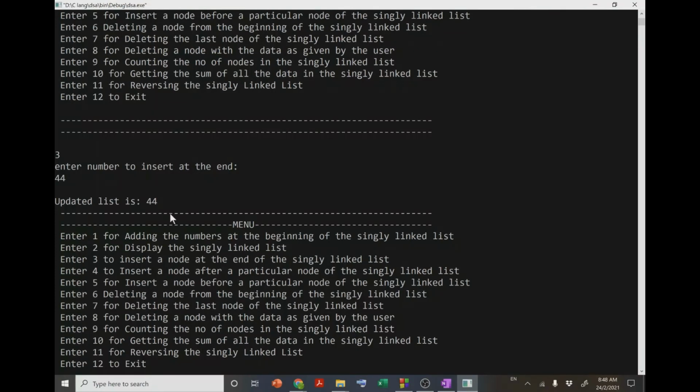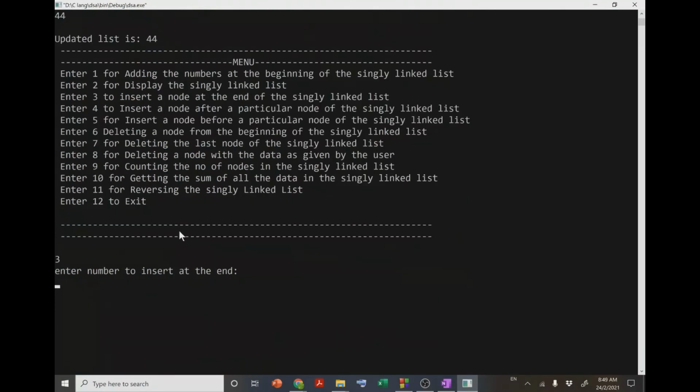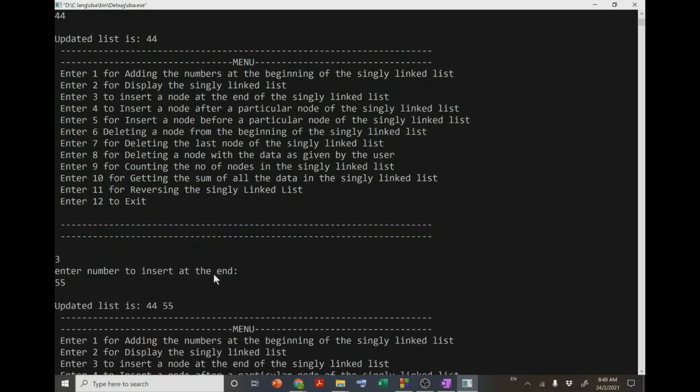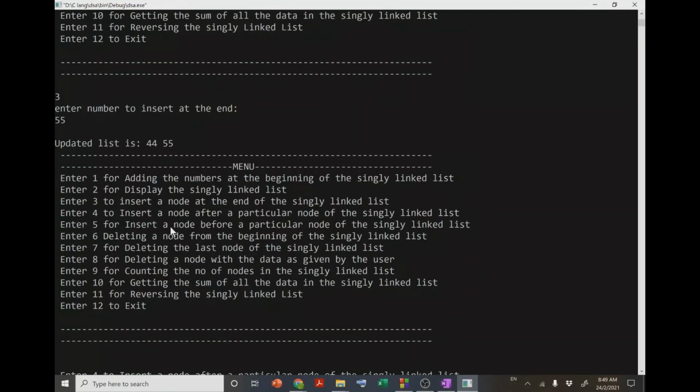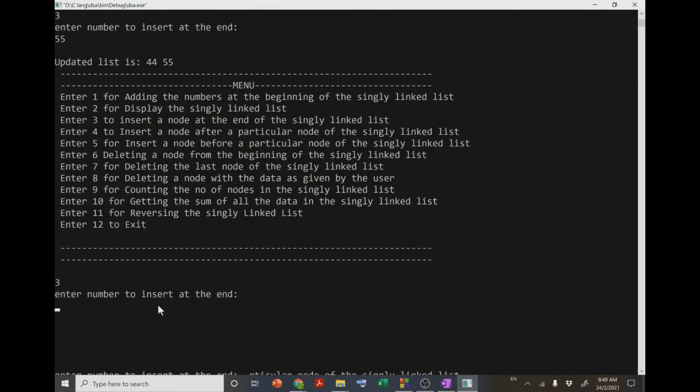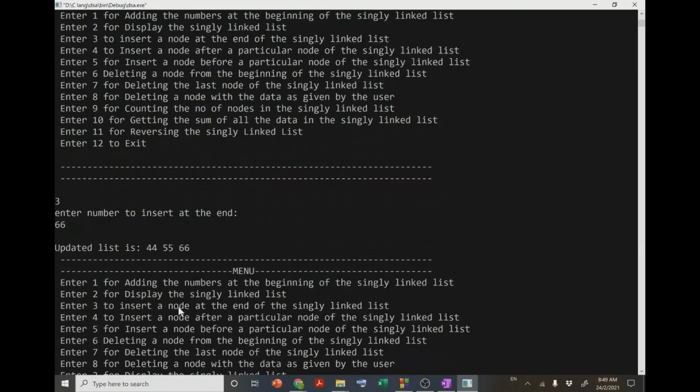Now again if I select 3, again it is asking me to enter the number to insert at the end. If I enter 55, you can see the new node is inserted at the end of the previous one. Again if I select 3, then again it is asking me to enter a number to insert at the end. If I enter 66, you can see the updated list is 44, 55, 66.